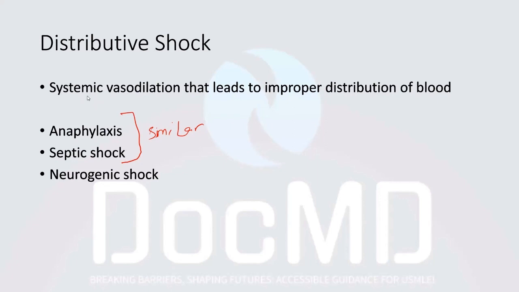So what happens in distributive shock? This is the only one in which you need to pay attention. It is systemic vasodilation, which leads to improper distribution of blood. So your vital organs, your heart, your brain, etc., are not getting the appropriate distribution of blood due to systemic vasodilation. So in this case, your SVR is low. Okay, so we're gonna start our discussion with